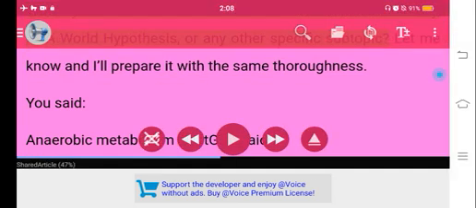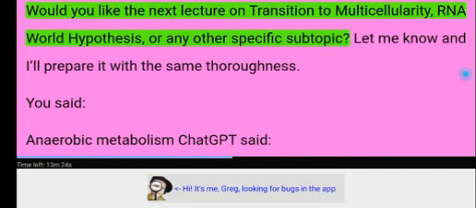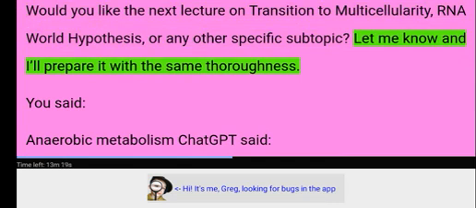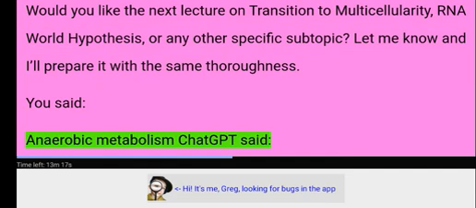Would you like the next lecture on transition to multicellularity, RNA world hypothesis, or any other specific subtopic? Let me know and I'll prepare it with the same thoroughness. You said: Anaerobic metabolism. ChatGPT said: